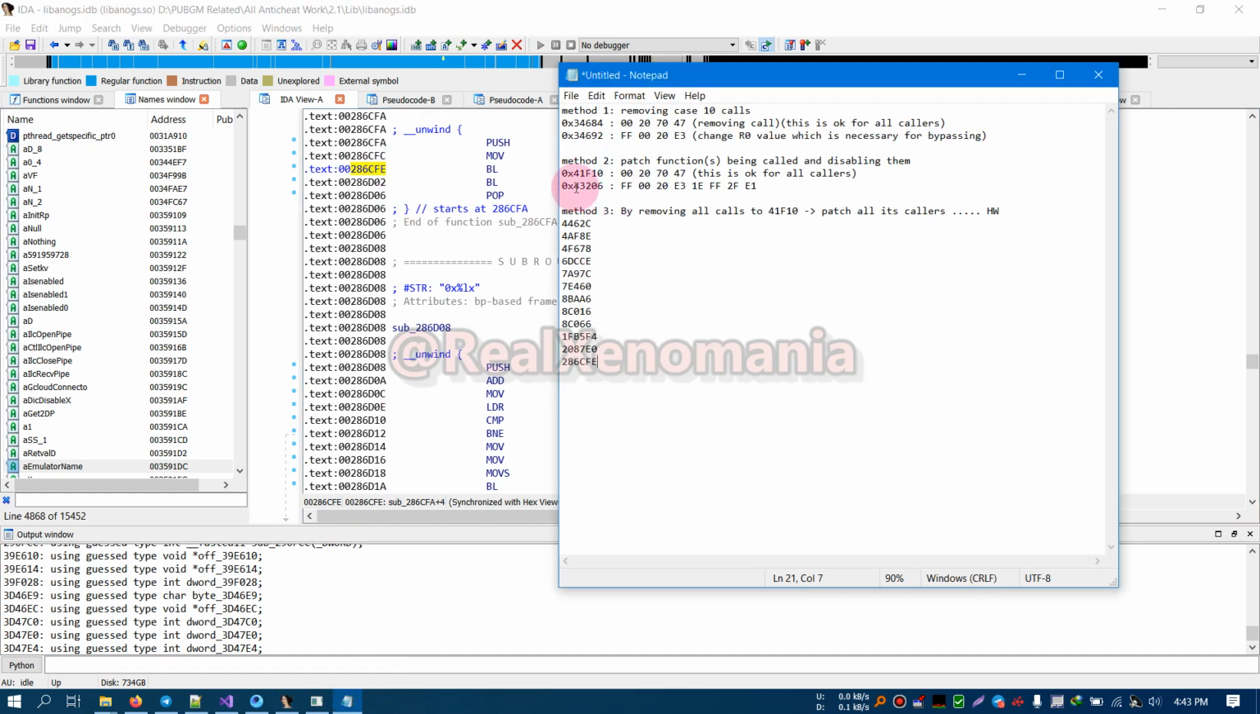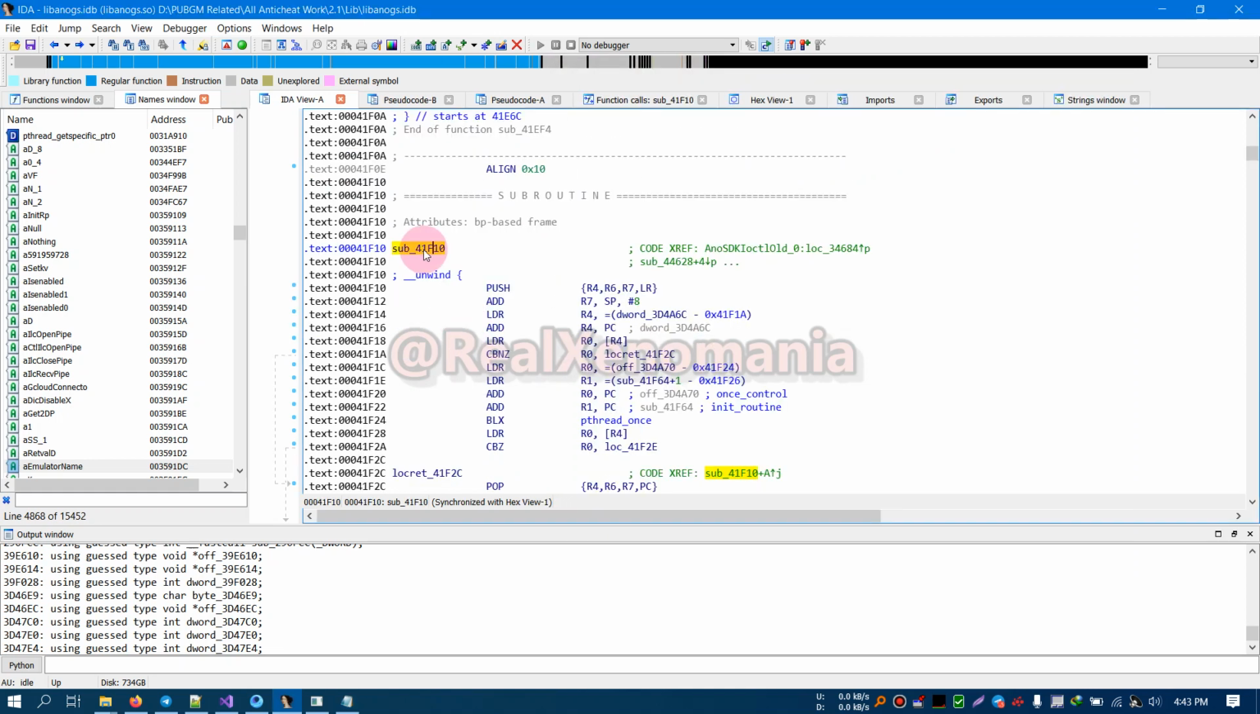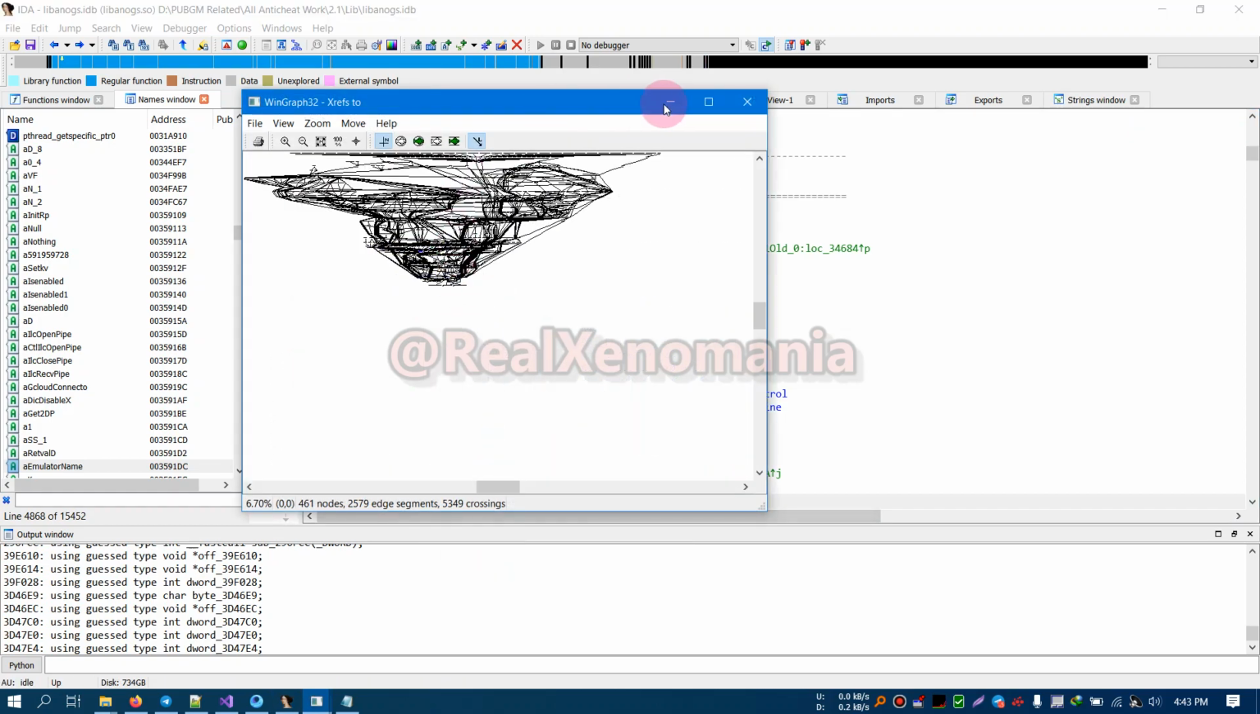Alright, so we have now our offsets which are calling 41F10. Why are we trying to patch this? Because this is the function that is called inside case 10 and it could be critical. We are trying to disable all references to this function, and by that I mean if we see the graph of this function,